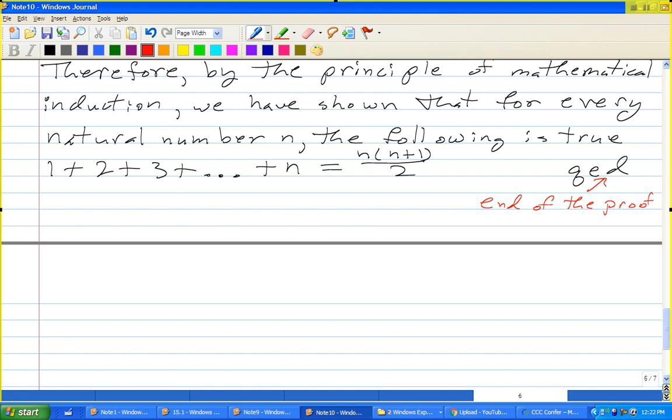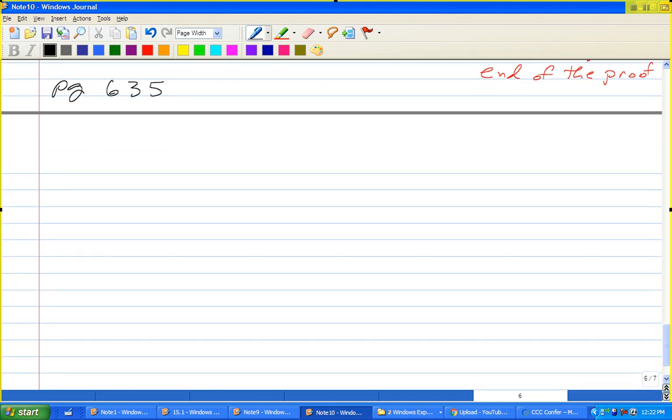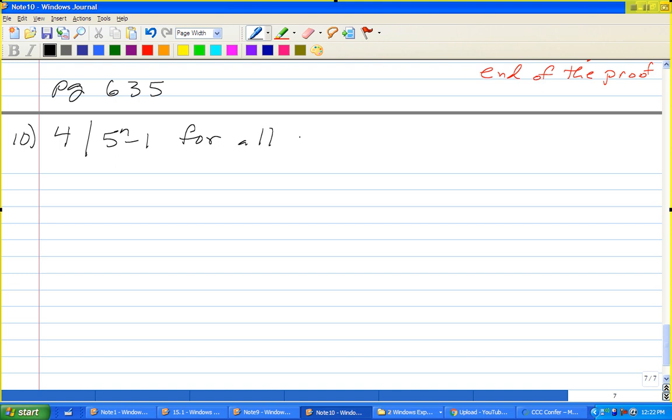Let's do, let's say on page 635, let me do problem number 10, which says that 5 to the n minus 1 is divisible by 4 for all natural numbers n. So let's show this. In other words,